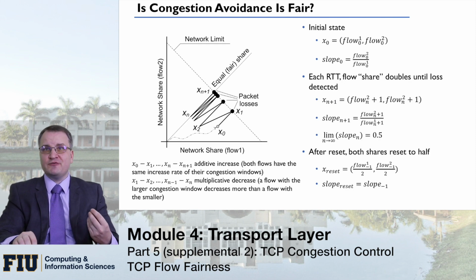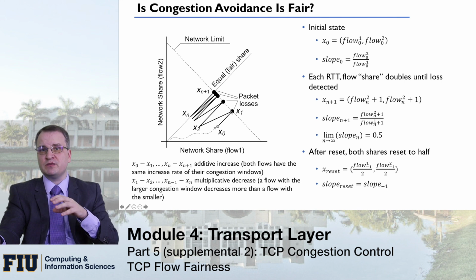Congestion avoidance is a slightly different picture, because the increase is not exponential and the decrease is not to 1. If it were to 1, then it would be immediate. For example, in this case, it would go from this one point to both of them detecting losses, and then they drop to 1 and then start increasing. So this is not exactly the case.